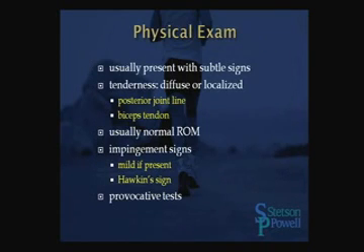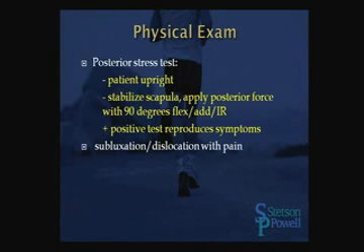So the signs are subtle. It can be tenderness that's diffuse or localized along the posterior joint line, or again with traction with the arm going out the back. It can present with pain at the biceps tendon. Usually has a normal range of motion. Impingement signs in general are mild, but Hawkins' impingement sign with that adducted, internally rotated position can push the shoulder out the back. There are provocative tests, the posterior stress test with the patient upright, stabilizing the scapula and applying